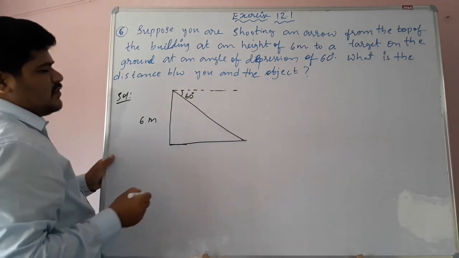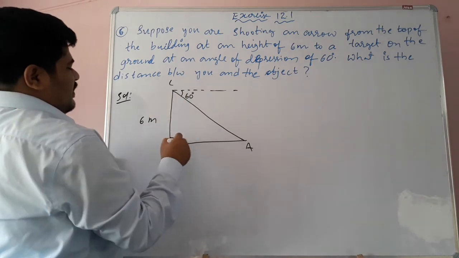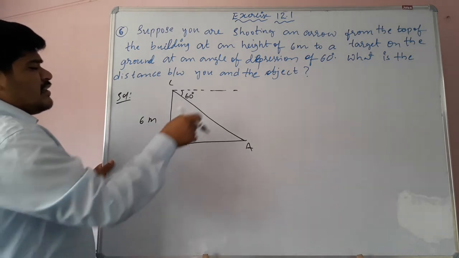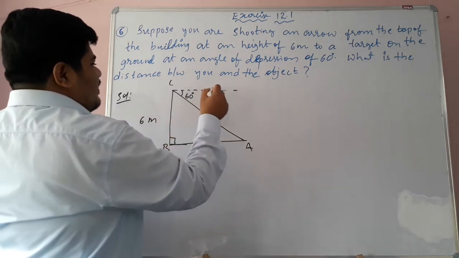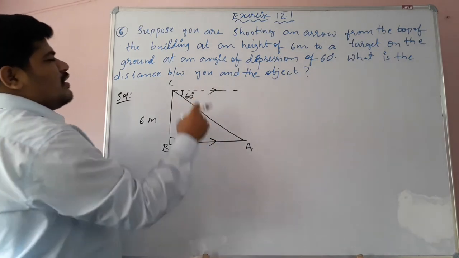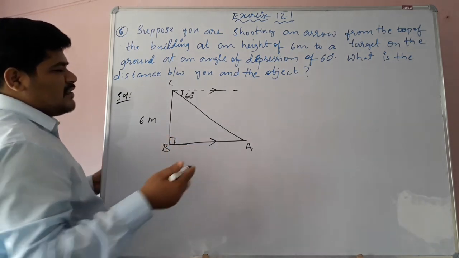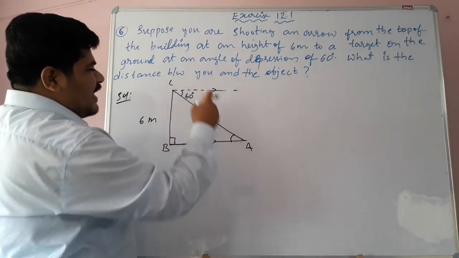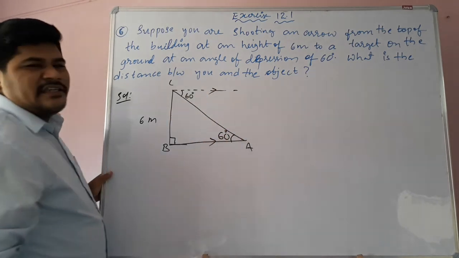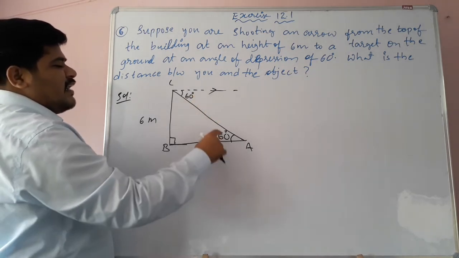Okay, and students, name it as ABC. So for the height, angle B will be 90 degrees. And students, here we need to find the length of AC, and this horizontal line and this base, both are parallel to each other. And students, if you take this AC as a transversal, alternate interior angles are equal, right? So if it is 60 degrees, this angle A is also 60 degrees, because these are alternate interior angles.